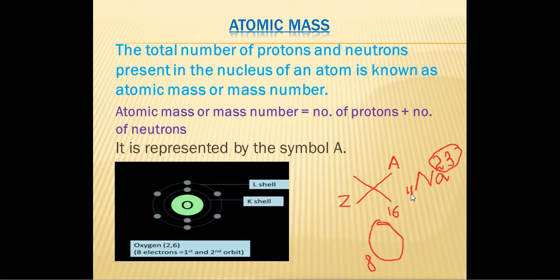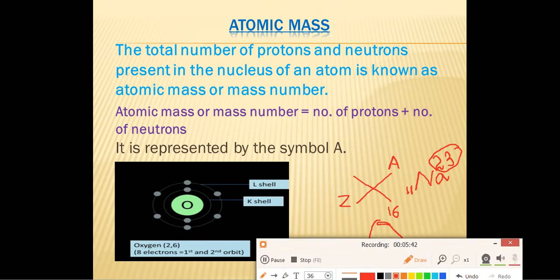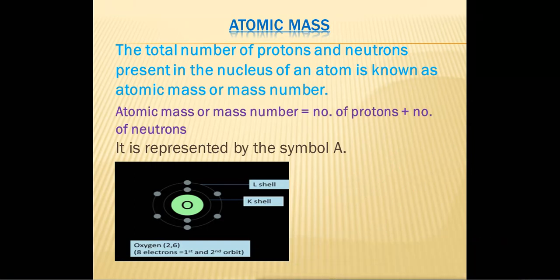For that, go to my previous video, the easy trick to learn symbols, names and atomic numbers of the elements. If you go to that video, I am sure that you will easily learn the atomic numbers of the elements from 1 to 20. If you learn the atomic numbers, you can easily calculate the atomic masses also by using the formula which I will tell you. Okay, so now I will give a little concept about the atomic number and the atomic masses.